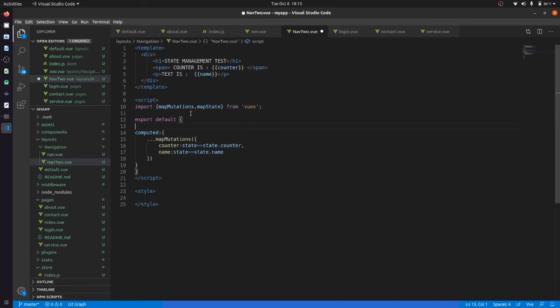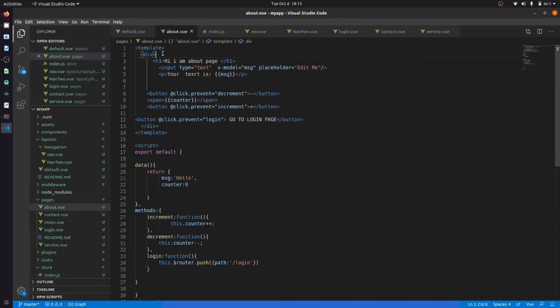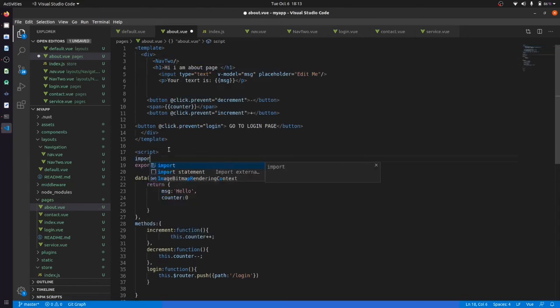Save it. Now we want to use this nav2 in my about page. So I am going to import nav2 from the layout, inside that we have navigation, and inside that nav2.